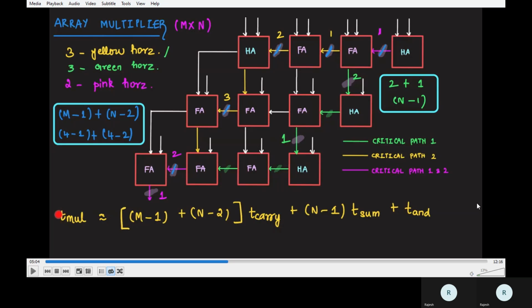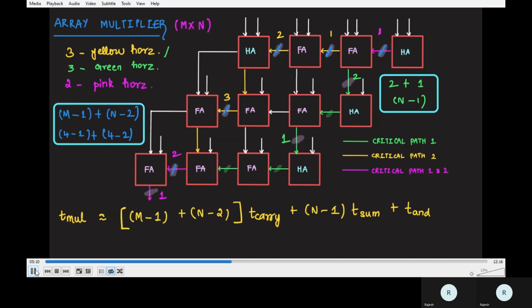So in general, the mathematical equation: this 1 and 2 are nothing but outputs of full adders. So that is related to the delay of a sum. Whereas this pink color 1 and 2 are the carries of your full adders. So they are related to your T carry. So in mathematical terms, the T delay of your multiplier is nothing but m minus 1 plus n minus 2 into